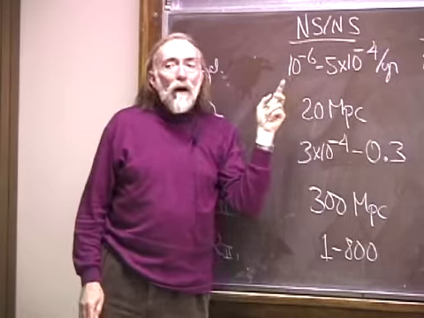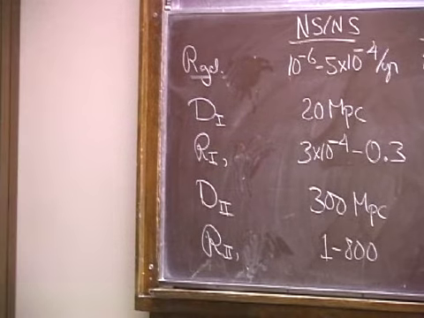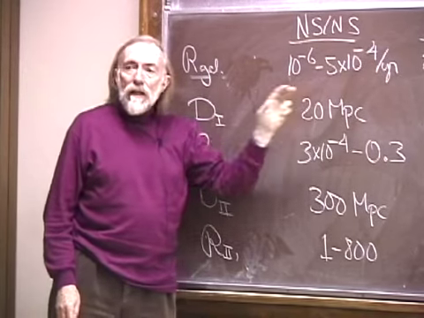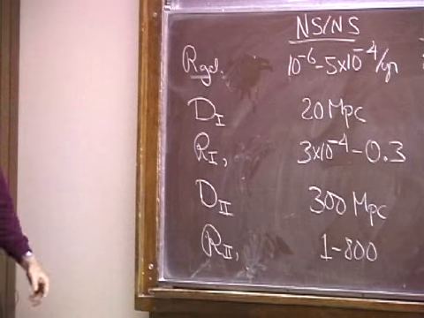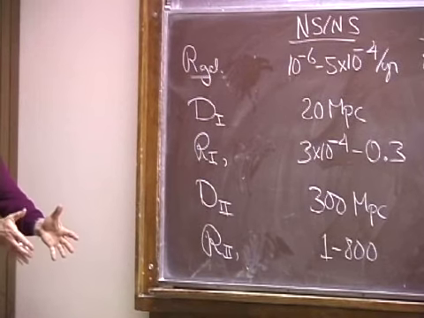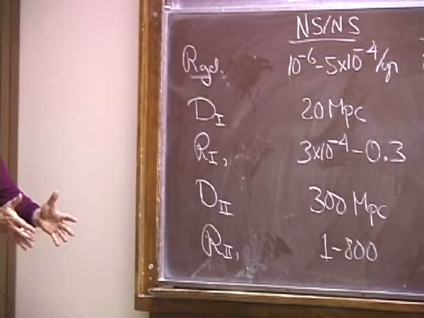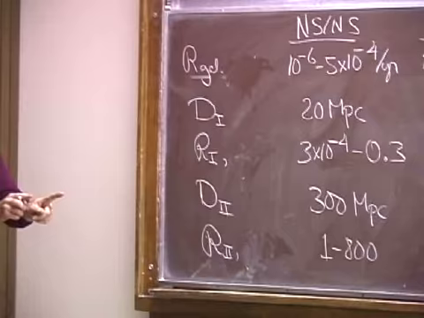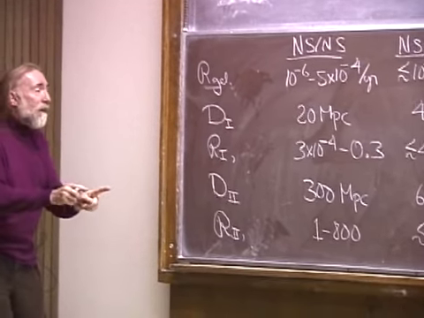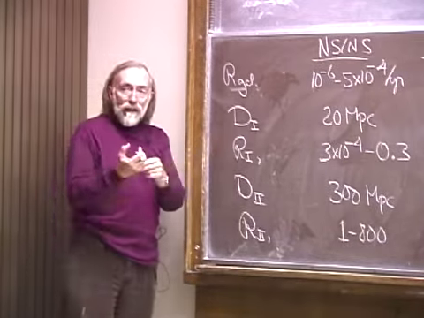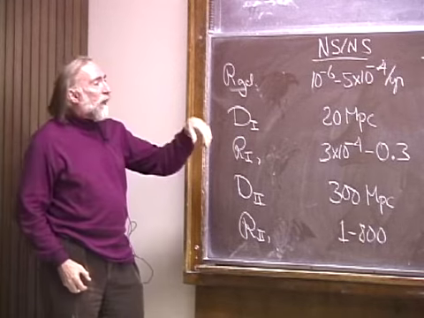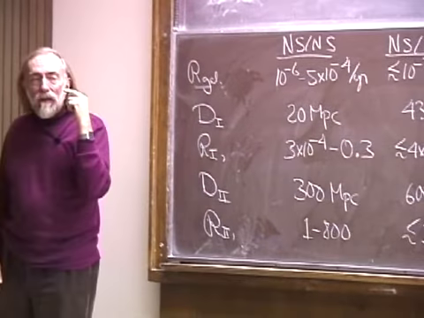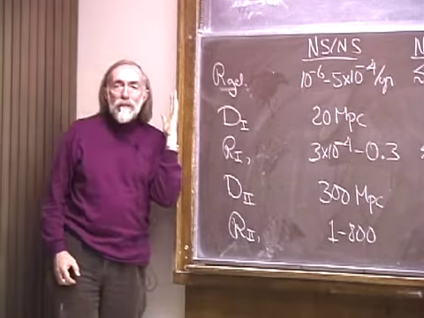You then ask yourself, what are all the ways in which things could go wrong? The principal ways in which things could go wrong will basically boost the event rate through types of systems that would not have been seen because they're born with, as Sturl gave a good example, a separation that is sufficiently small that their lifetime is, say, only 10 to the 4 years until they merge. But if the birth rate is of the order of 10 to the minus 5 per year, that is one every 100,000 years, you wouldn't expect to see any.